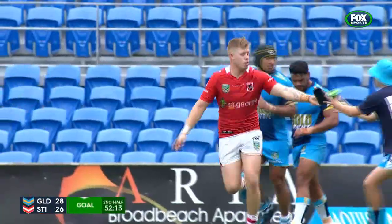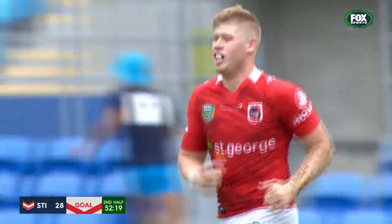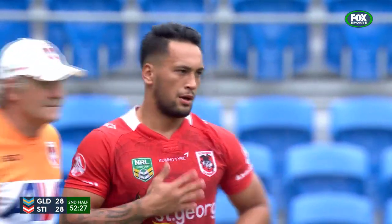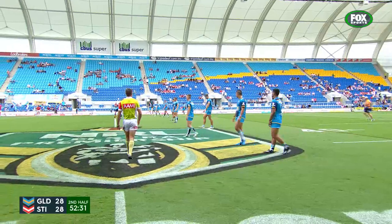Great kick from Kemp. 28 all. And these guys are going to come back and work or study full time as well. So it is a real juggle for them. It's an education process on and off the field. Great work there by Herbert. He had the NRL pre-season and played in the...